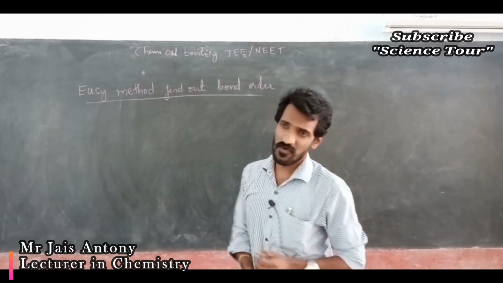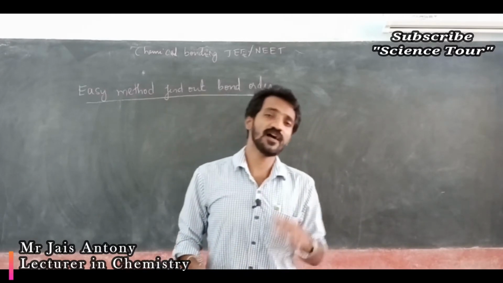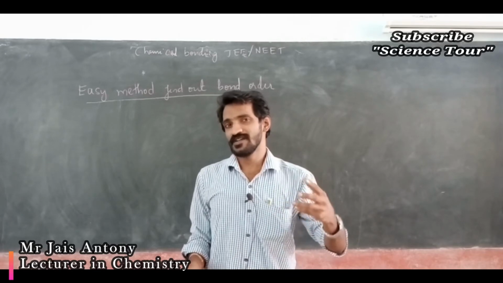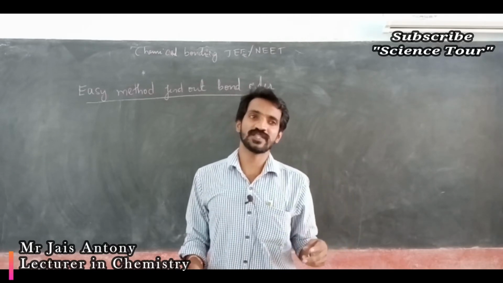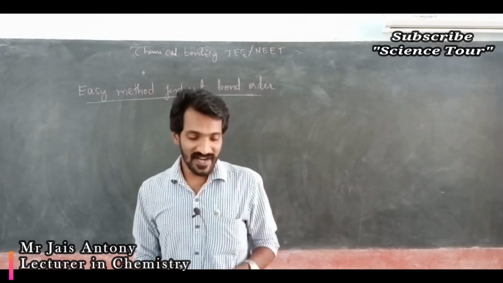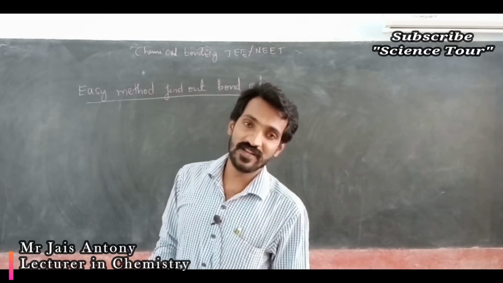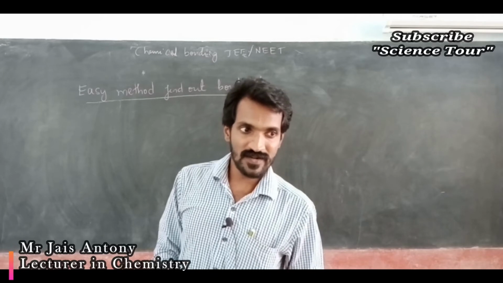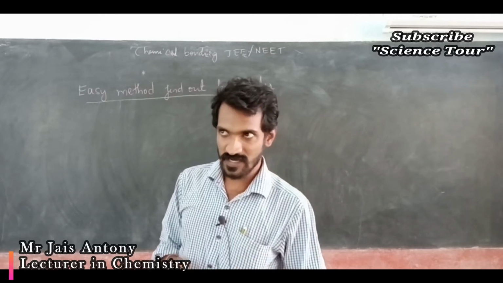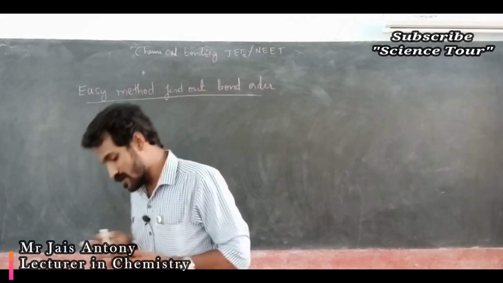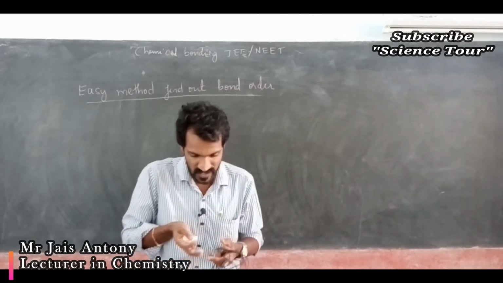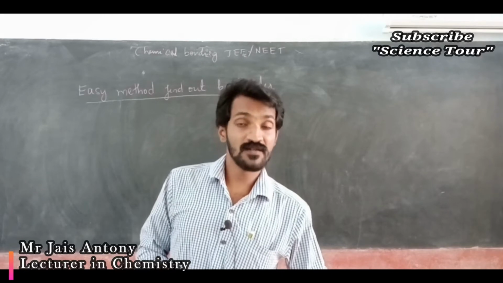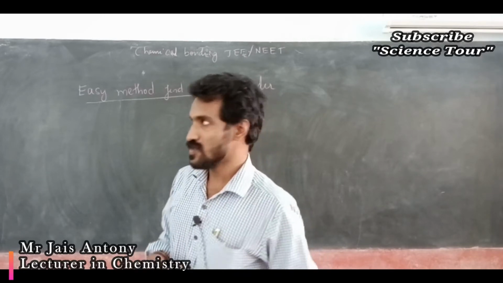Using MOT means you have to substitute in the formula, you have to work out that particular configuration, and it takes too much time. The question is given with 2 minutes time, and you are writing the formula and the electronic configuration for 5 minutes, that means it is a gone case. Then you are not able to score in that subject. So in competitive exams, you should get the answer quickly. Understood?